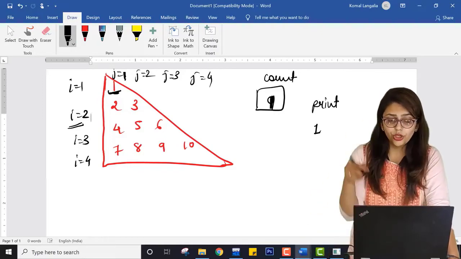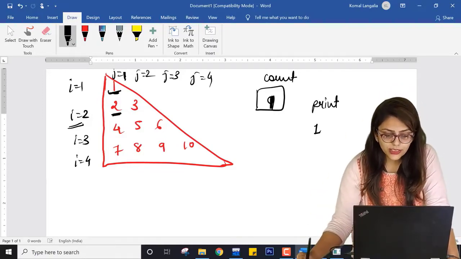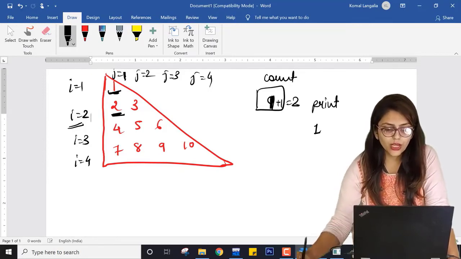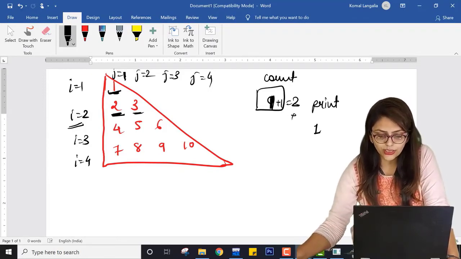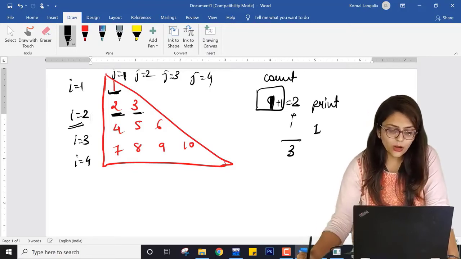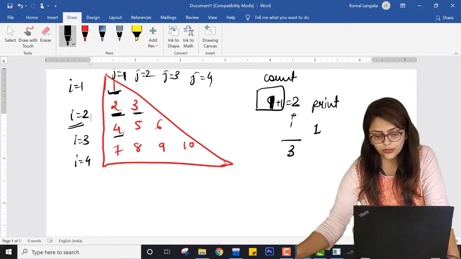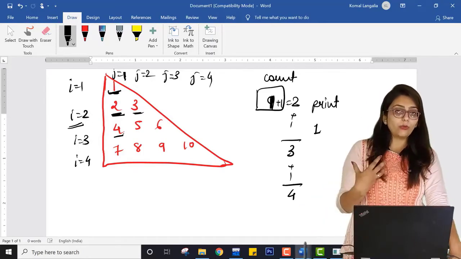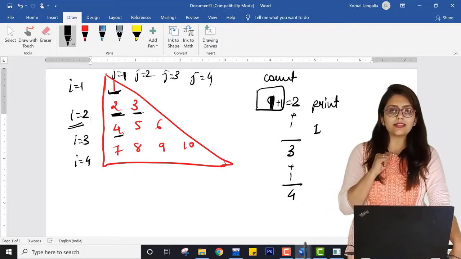How to go to the new line. So now this value is there, and you are incrementing this value to 2. Now when this j is executed, you are incrementing this value to 3. Now when this j is executed, you are incrementing this value again. So by maintaining a count variable, you can get the desired output.